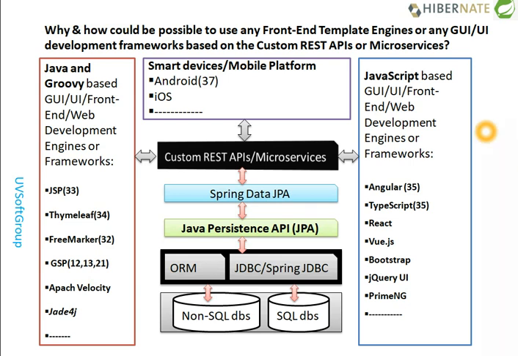That's what I mean. So if you have a really well designed ORM, your object models, or if you have older-technology monolithic application with JDBC, even then you can define your REST APIs or microservices, and then you can come up with the front-end technology depending on where you are. That's the really important picture. You need to look at it closely, understand it, and go further to concentrate on what potential you have. Like if you have sound knowledge in the middle layer as an API or microservice or